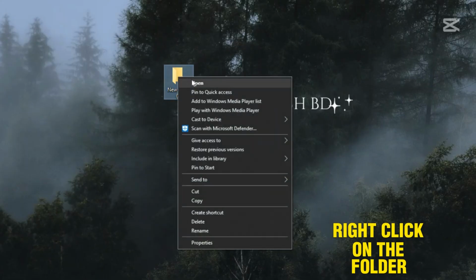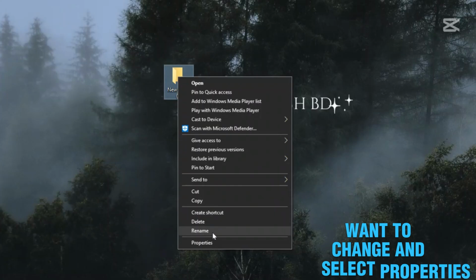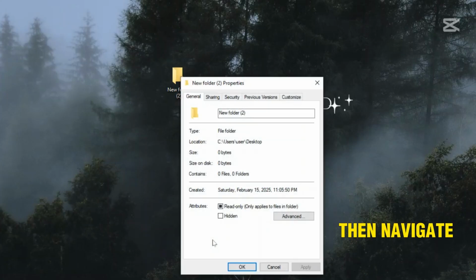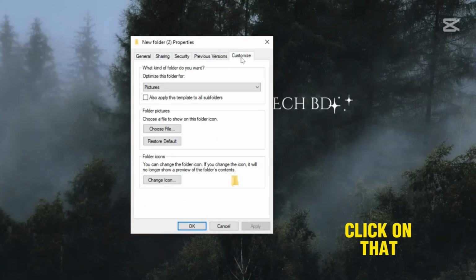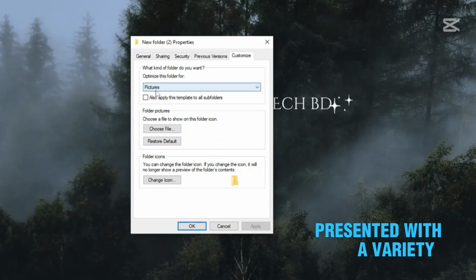First, right-click on the folder you want to change and select Properties. Then, navigate to the Customize tab. From there, you'll see an option that says Change Icon. Click on that, and you'll be presented with a variety of default icons